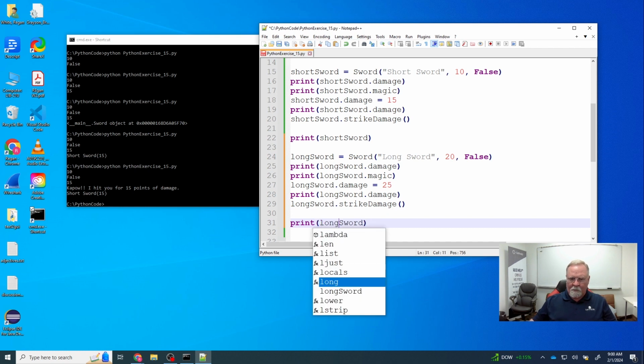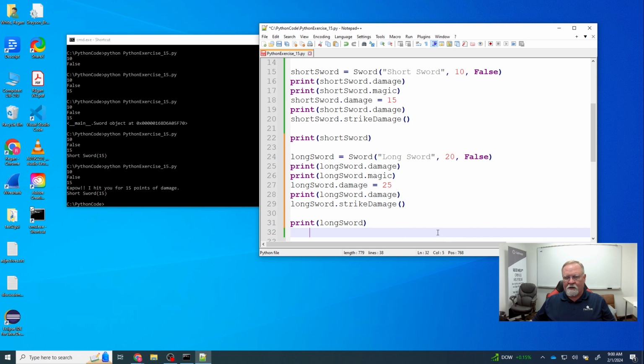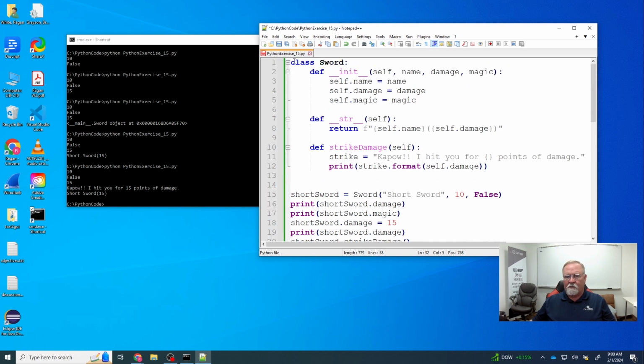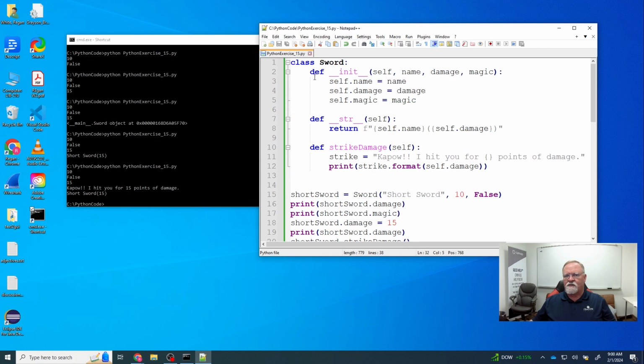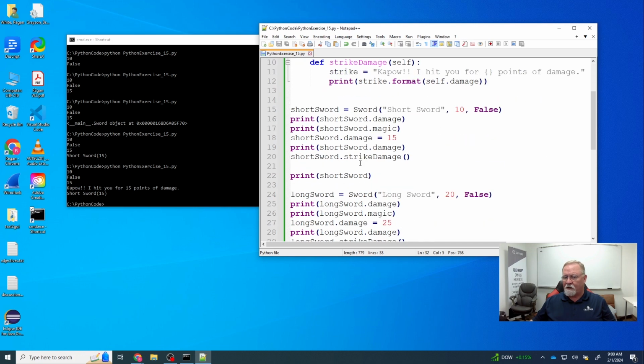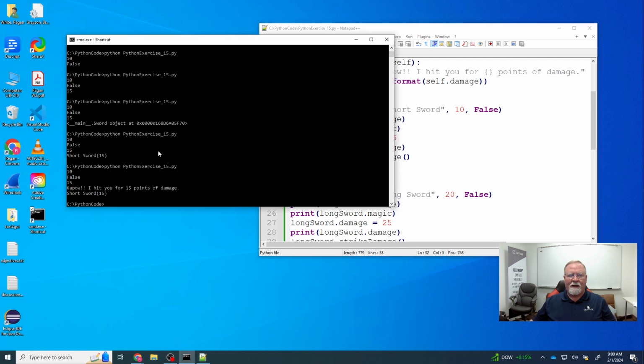Okay, so now we have two swords in our game. Short sword and long sword, both built from this same sword class, both from the same blueprint, two separate objects, and that is an important thing you need to get. Two separate objects. I could have 1,000 separate objects, 1,000 swords, all built from the same class. They'll have the same basic functionality, but they'll have different parameters and different names. So now if I run it,